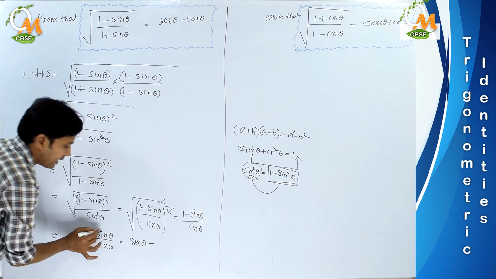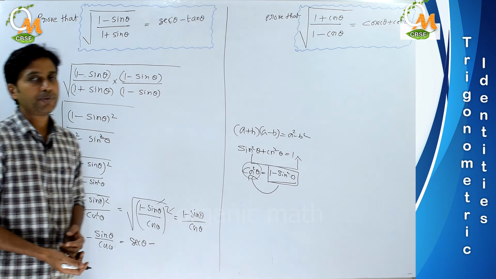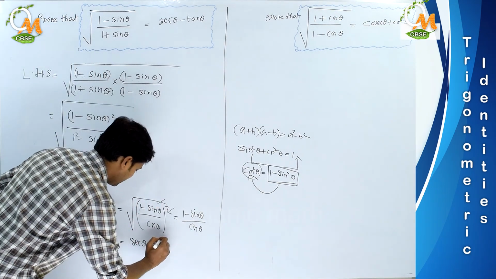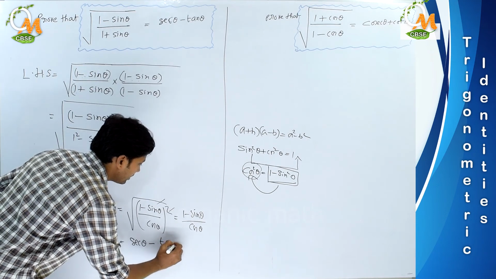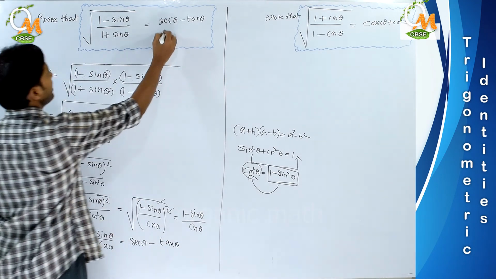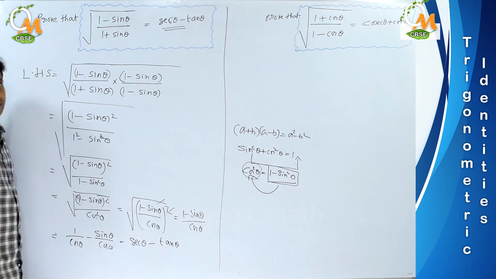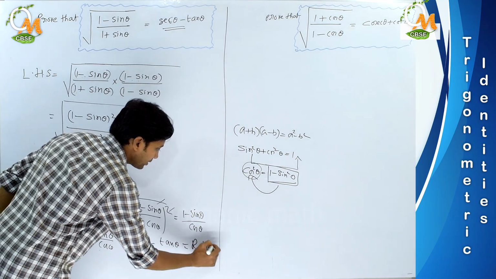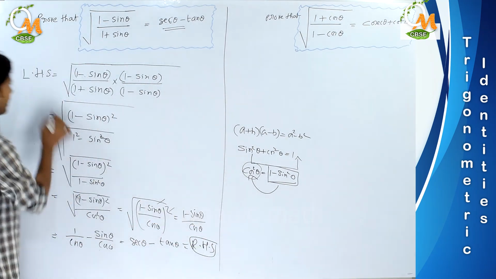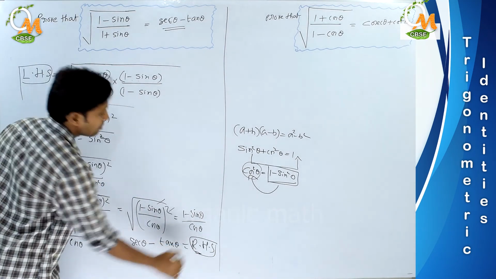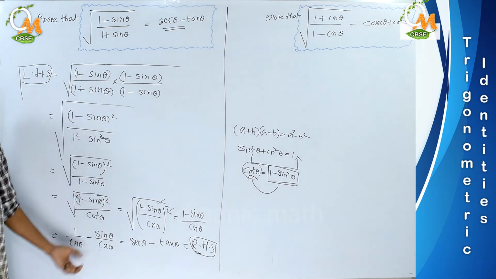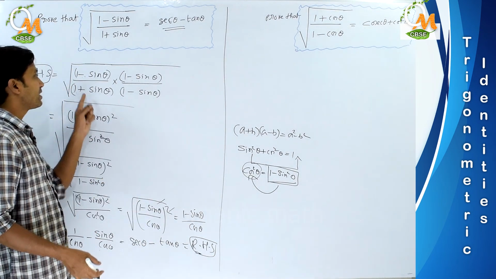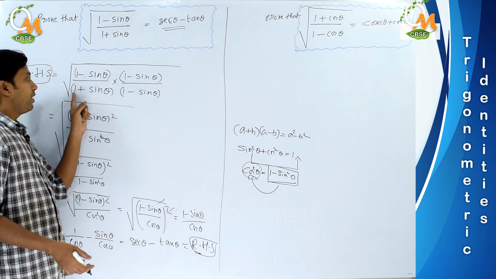Minus sin theta by cos theta. What is the ratio between sin theta and cos theta? Is it tan or not? Exactly. So we can write it as secant theta minus tan theta. If you observe clearly, we obtained our required result, that is the RHS. So we took the LHS and we obtained the RHS part. Got it? So like this we need to prove. What we have done is we have multiplied and divided with 1 minus sin theta, the reverse sign of this. Okay, 1 plus sin theta is there, no?